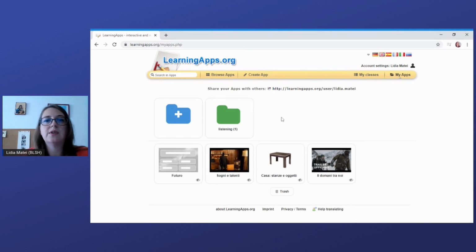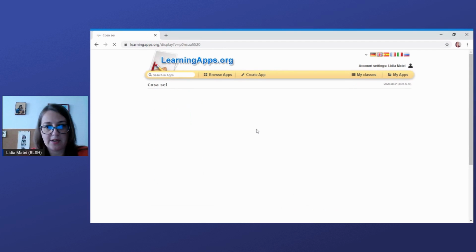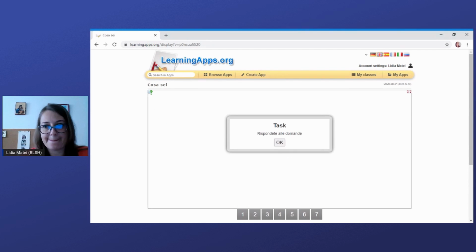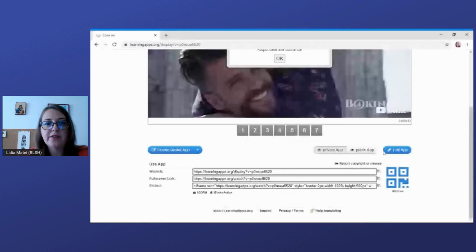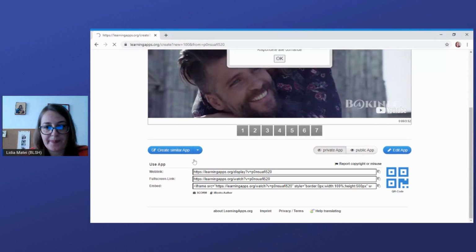then I am going to access my folder. The folder is listening. I have here the song. I can click on it. And here you can see create similar app, create a copy of this application, so I can even create a copy. And if I am going to create a similar app,